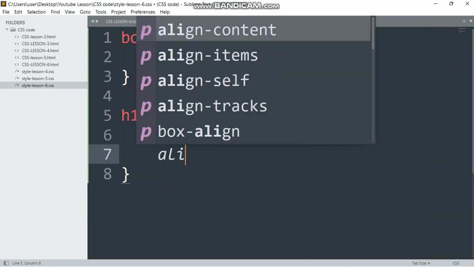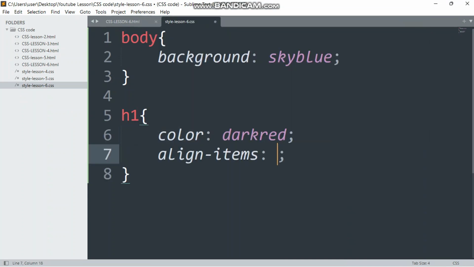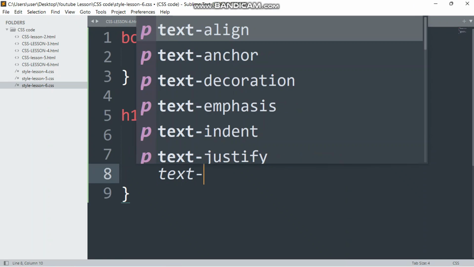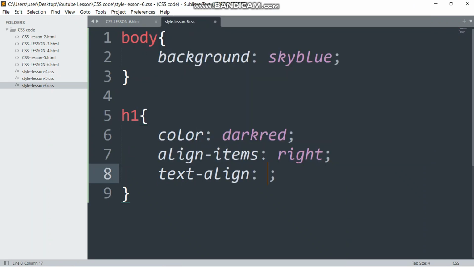All right, we want to align item. So now we say align item right. We save this. Now we can also use this other one, say text-align and say